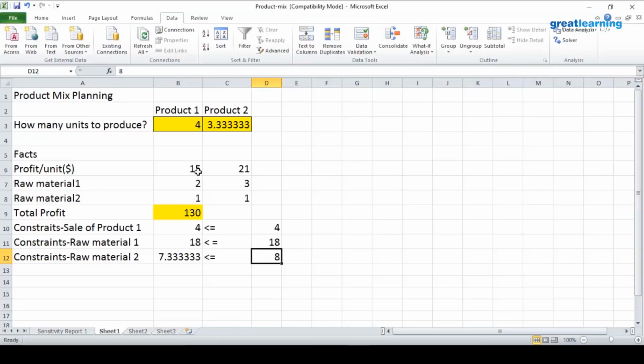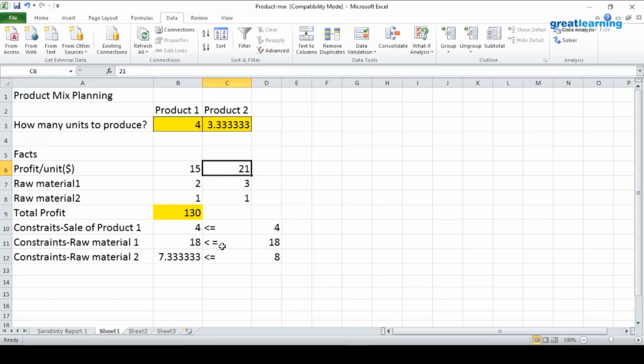Then we can get sensitivity analysis, or changes in the solution as a result of changes in the resources on the right hand side. To what extent it can increase or decrease. This is the power. You can also change, instead of profit of $15 and $21, I can just put, instead of $15 for product 1, $18. What is the change in solution? $20, what is the change in solution? Everything you can find out.